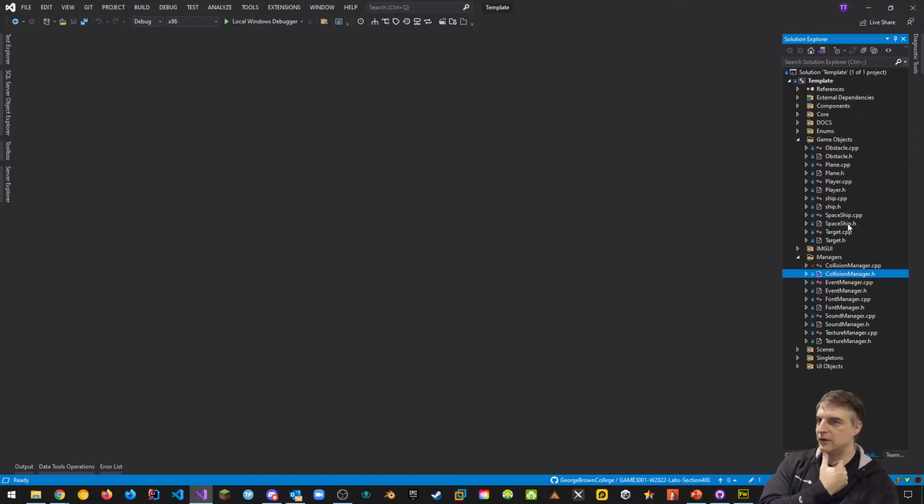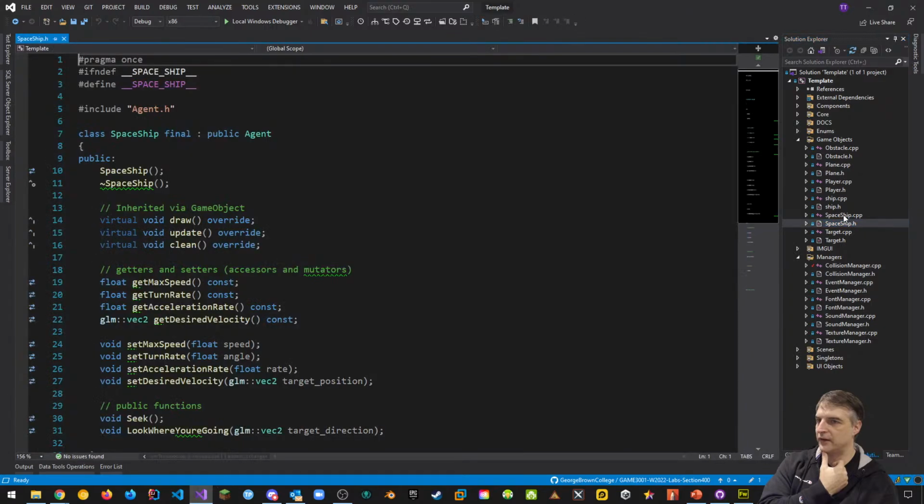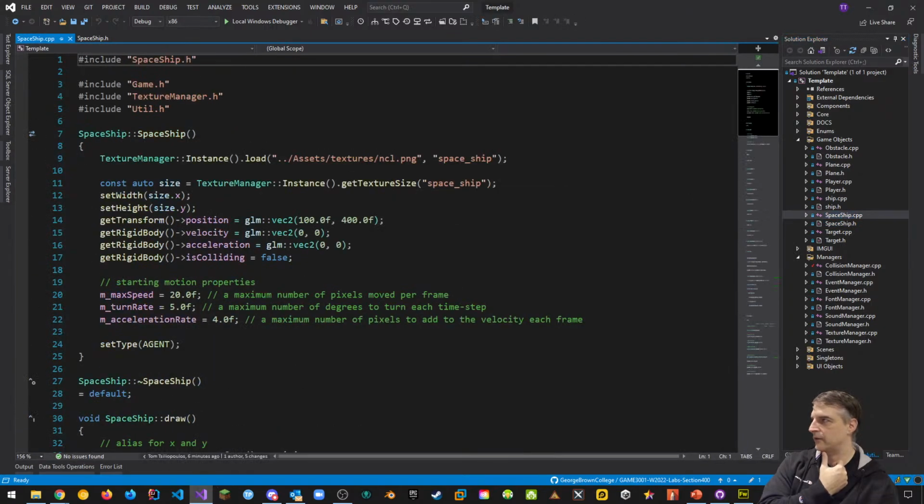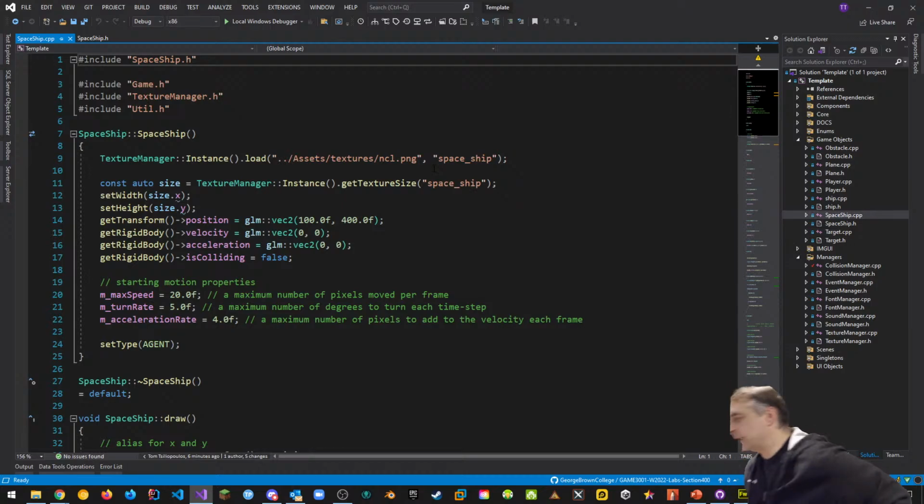and talk about positives and negatives of this thing. Okay, so there's our spaceship. Well, look what we do. We set the width and the height based on the texture size, right? The texture size. And when we report on the width and the height, right, as an example, and if I